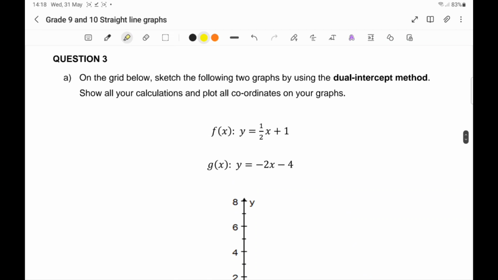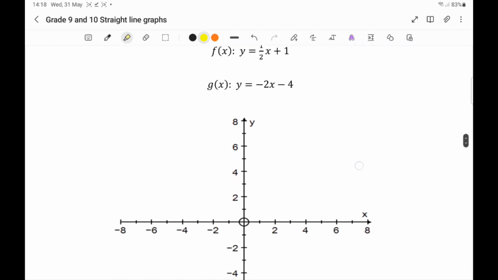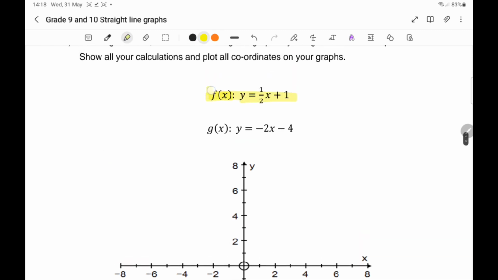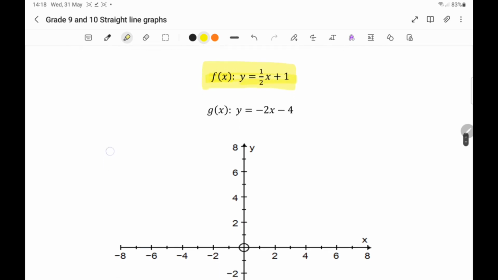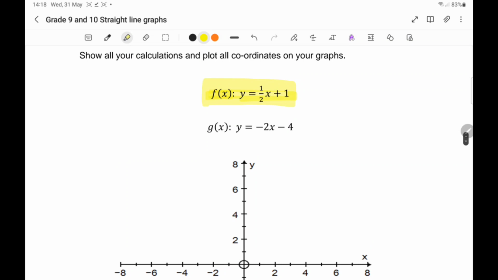Question 3. On the grid below, sketch the following two graphs by using the dual intercept method. Show all your calculations and plot all the coordinates on your graph. Okay, so I've got two graphs. The one is called f of x and the other one is called g of x. So let's first work out f of x, the two coordinates. So remember, we only need two coordinates to plot, to draw a straight line. Two coordinates, and that will make up a straight line. Okay. So for f of x,